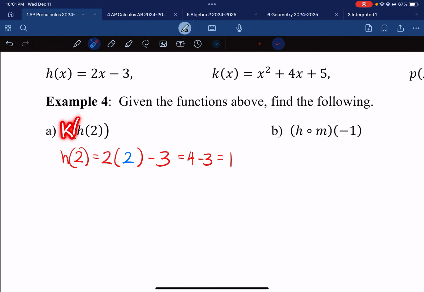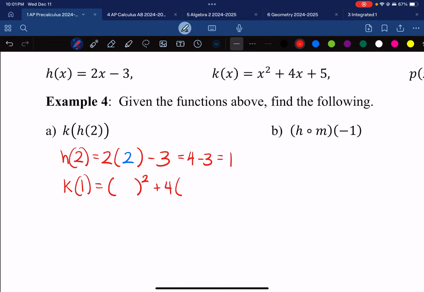I'm really doing k of 1 now. So I'm going to write that down. I'm going to say k of 1. Now I'm invoking a different equation. So there's my k function. I have 2 containers, 2 empty spots that I'll need to leave. So I'm going to write down x squared plus 4x, there's my x, plus 5, and into that vessel I put a 1 and a 1,